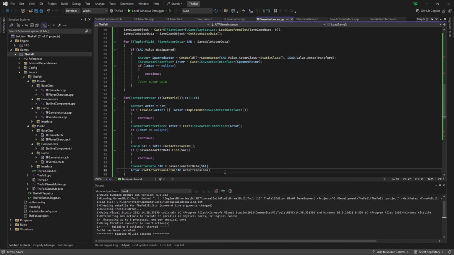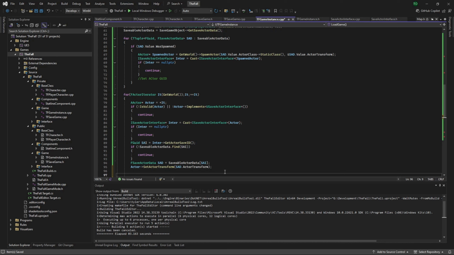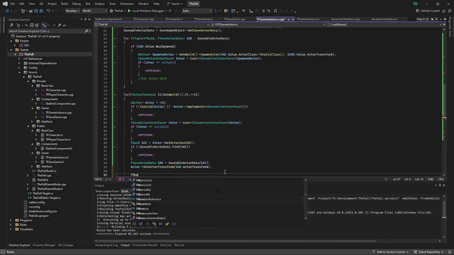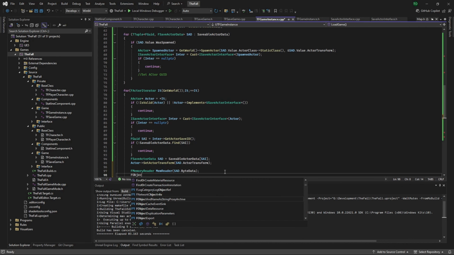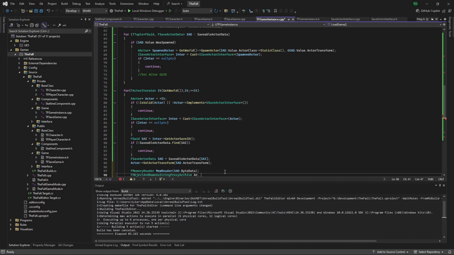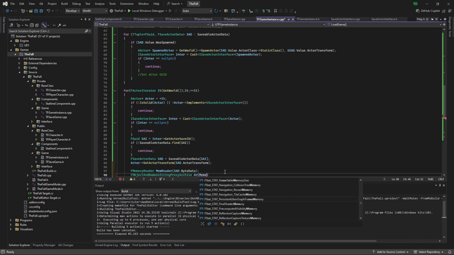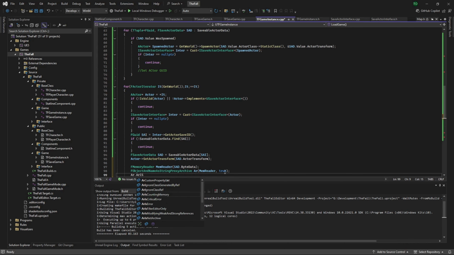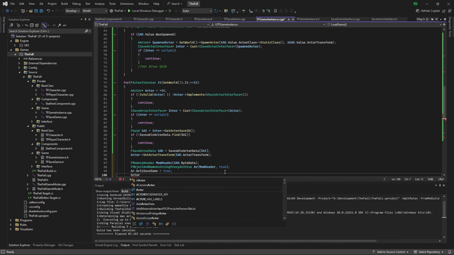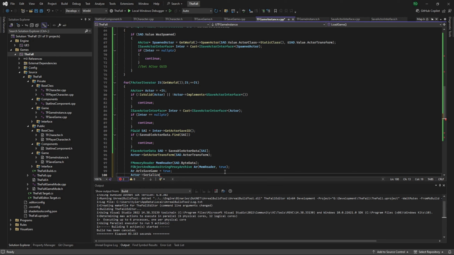And now we want to do the opposite with that memory writer. We want a memory reader. So we want FMemoryReader, MemReader, sad dot ByteData, and then we want FObjectAndNameAsStringProxyArchive ar, MemReader, and again true. ar dot ArIsSaveGame equals true. Actor serialize ar,